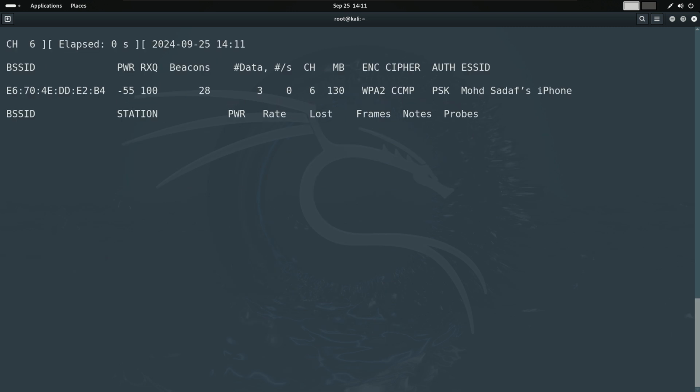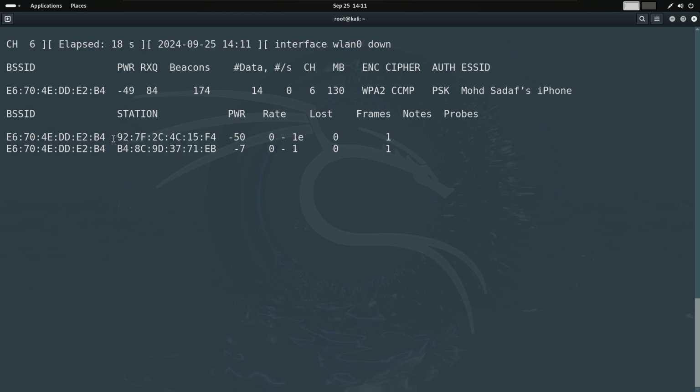So, with time, it should show the number of devices connected to it. So the first device is showing as connected. Before, the network was down, again the network is up. So we have got one device connected to it. Yeah, we got two devices connected to this, and both of them have different